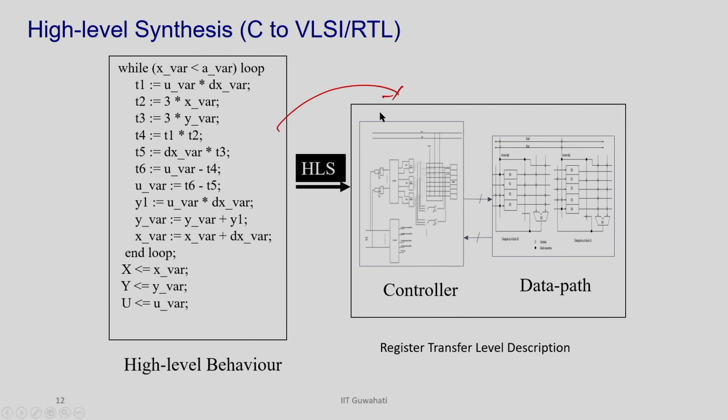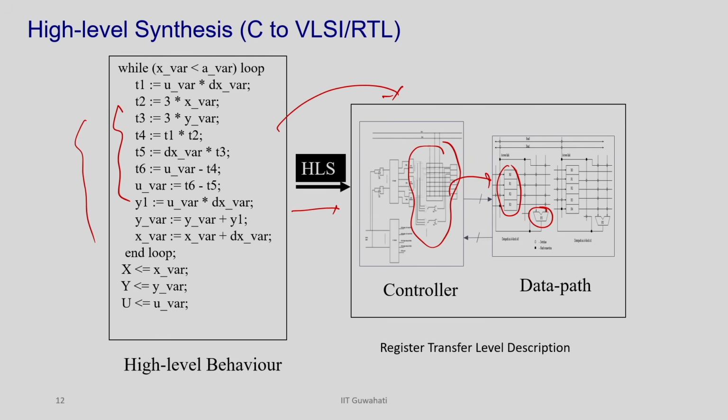You can think about C code, which has loops, if else, function calls, so many things, and this tool will automatically convert it into an RTL, and this RTL generated by a high level synthesis tool has a very specific structure. We will go into detail of that. It consists of a data path which executes these operations in the hardware. This data path consists of registers, memories, function units, and their interconnections, and there is a controller. The controller determines which operation is to be executed in which clock, right.